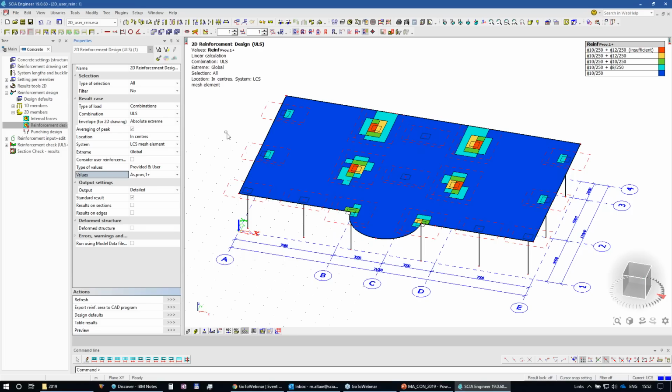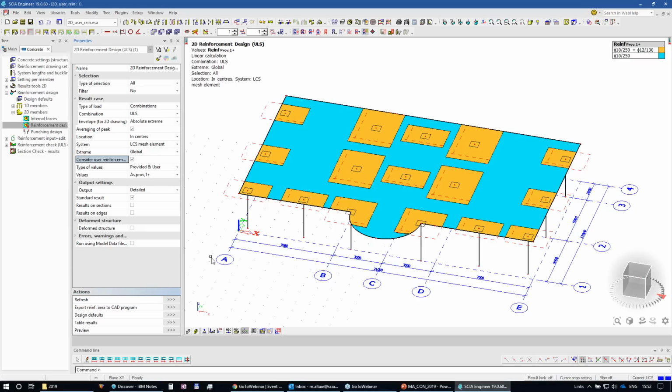The new advantage of the new version is that I can combine the template reinforcement with the real bars. So if I draw a real mesh here on top of that column, and then I click on this tick box, consider user reinforcement, then the result will be like that. It became easier, more friendly, let me say, because in the definition of the template,